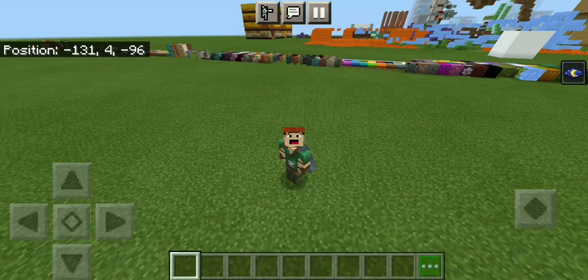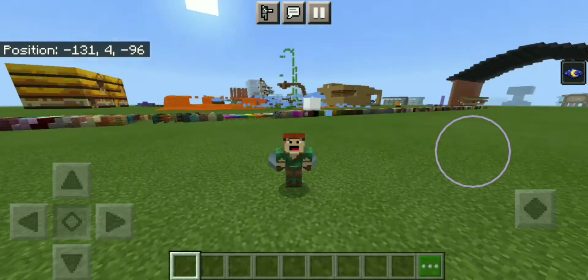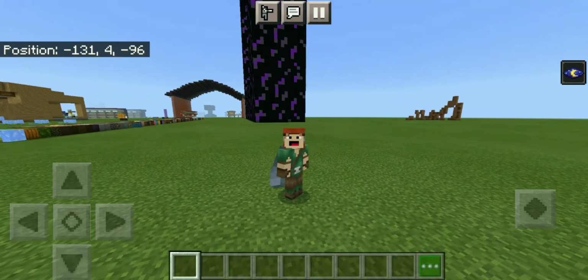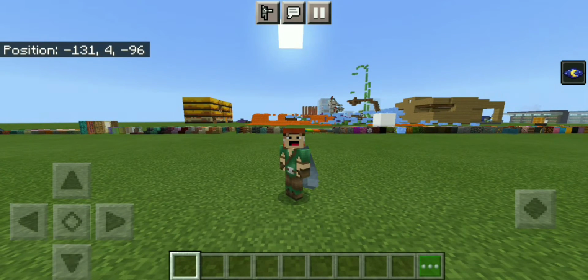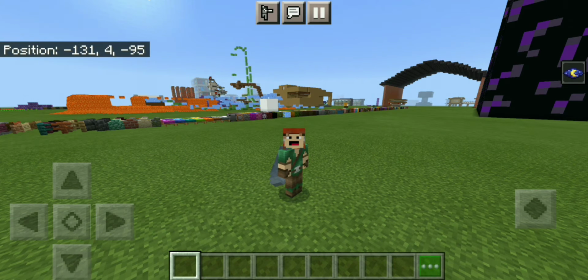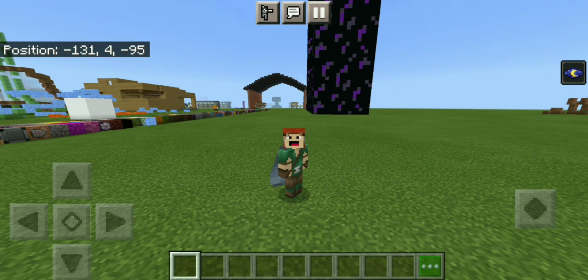So, at one point, somebody asked me, how do you build these blocks? I don't know if there's an official way of doing it. I know that I just kind of look at the block, and I look at the colors of the block, and I'm like, what block does that make me think of? Like, for this obsidian behind me, I was like, well, black concrete looks like it would work. Sometimes you are limited by the blocks that you have,